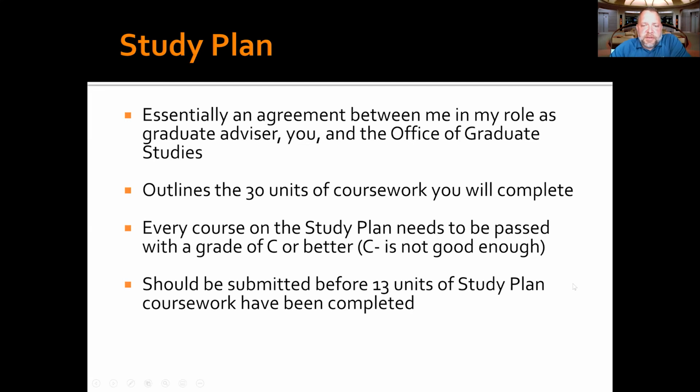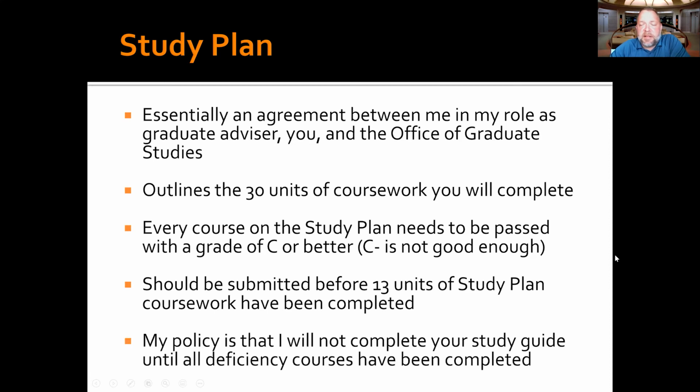We will submit your study plan before 13 units have been completed, except in the case where you haven't completed your deficiency courses, which I'll say right here. My policy is that if you have not completed your deficiency courses, we will not submit your study plan. So get those done soon. The last thing we want you to do is do all 10 courses in our program and then come back later and realize, oh, I still need to take chemistry. Because the whole point is to take chemistry at the beginning as soon as possible in order to do well in your coursework. Environmental engineering, you'll find, is very chemistry heavy. Less so on the physics and the calculus, but we definitely need to be strong with chemistry.